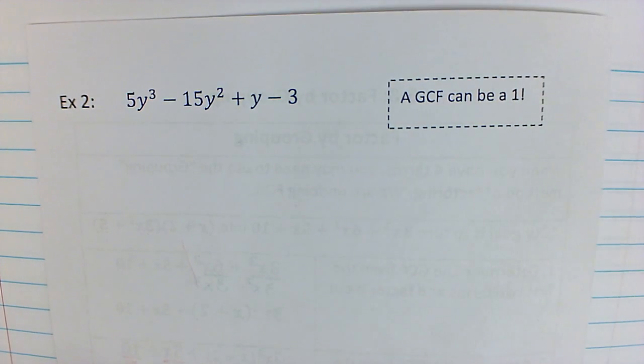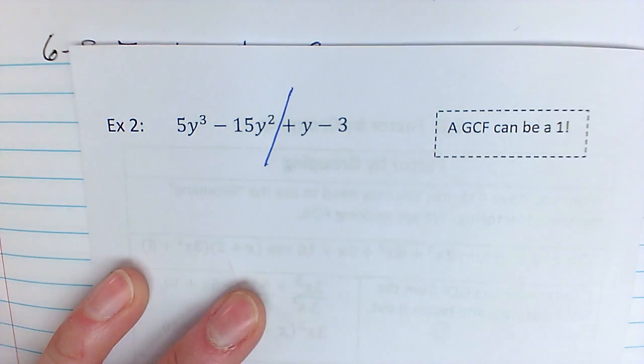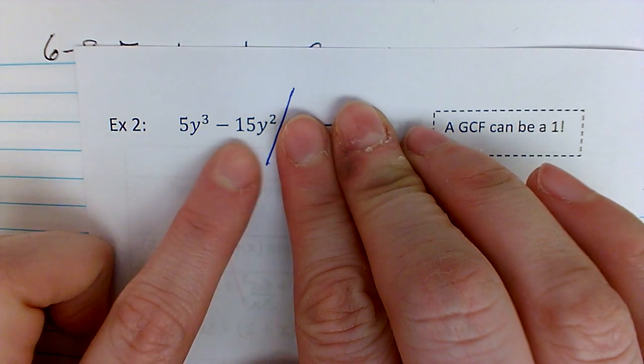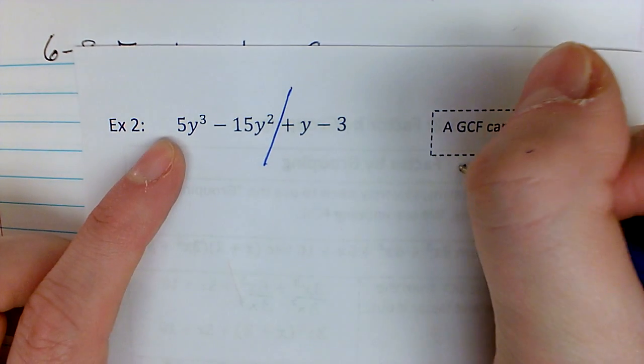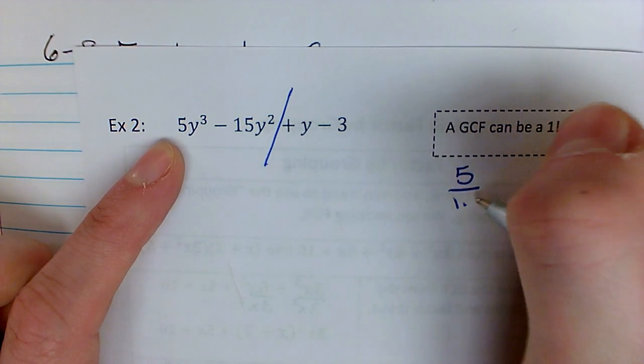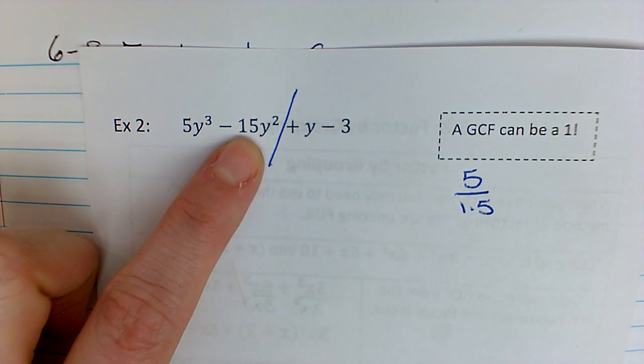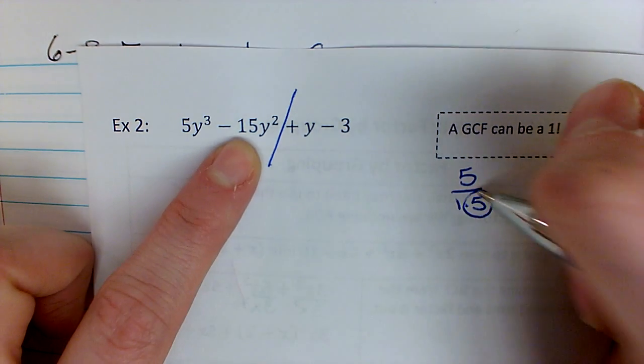So look at number 2. Same type of problem. I'm going to break it up into 2's. When I'm trying to figure out what my greatest common factor is with the numbers, choose your smaller number, break it apart. That could be 1 times 5, but 5 also divides into 15, so that's got to be my